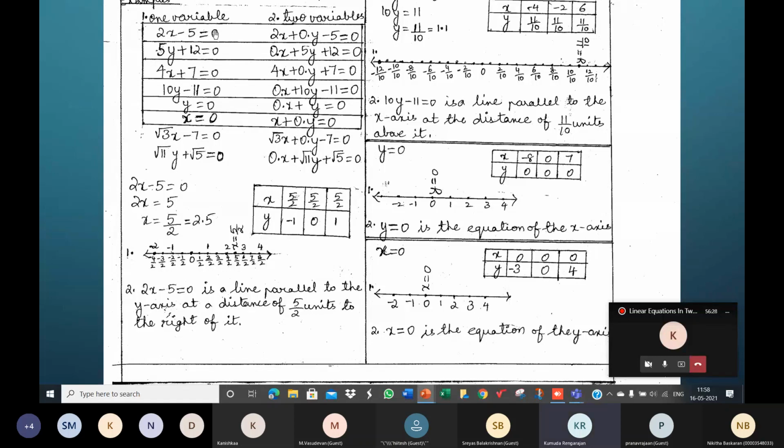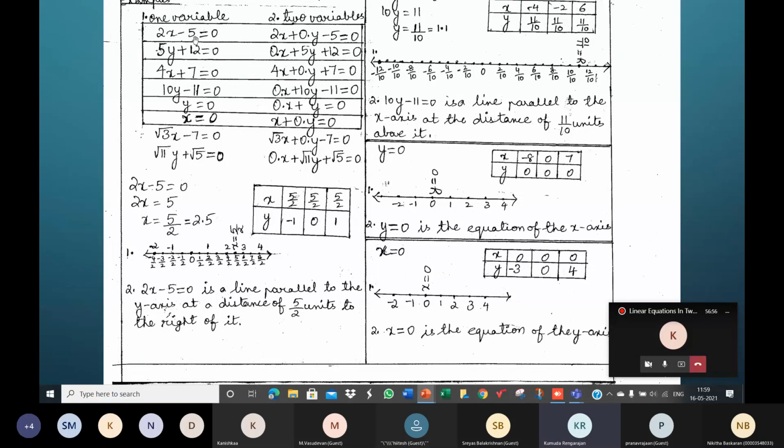This one is an example of a linear equation in one variable x. When you write this in this form, you're treating the same equation as a linear equation in two variables x and y. Now, in the next example, you can see there is y there. There's y, x is missing. Children, what you see here are examples of linear equations in one variable x or y.